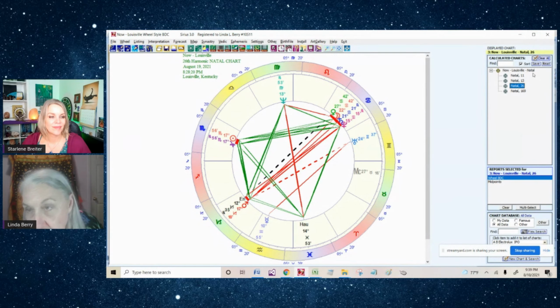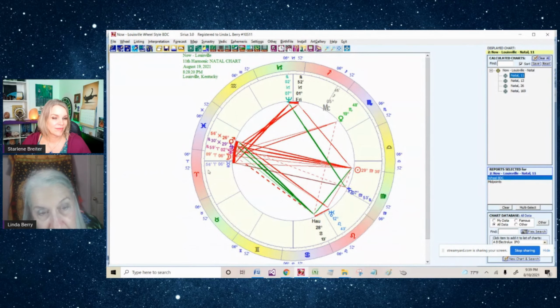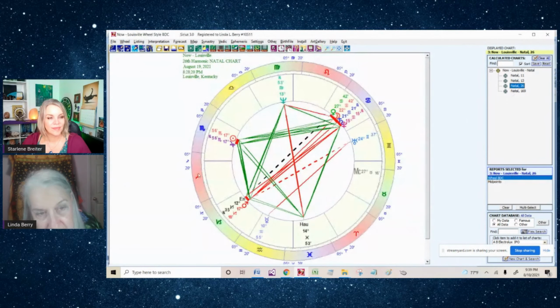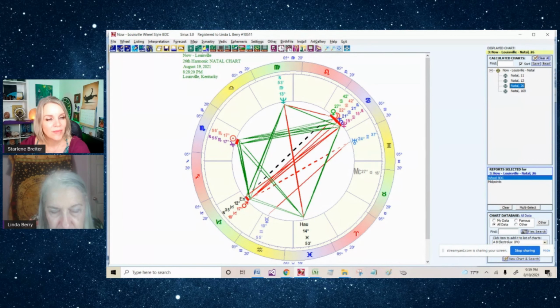See, 11 was an odd vibration, and there it is opposed. But 26 is an even vibration, and it's conjunct. What you've got here is that sense of growth and expansion, energy put into it from Mars to bring about a new beginning. And there's something very important here. There is Jupiter trine Saturn.